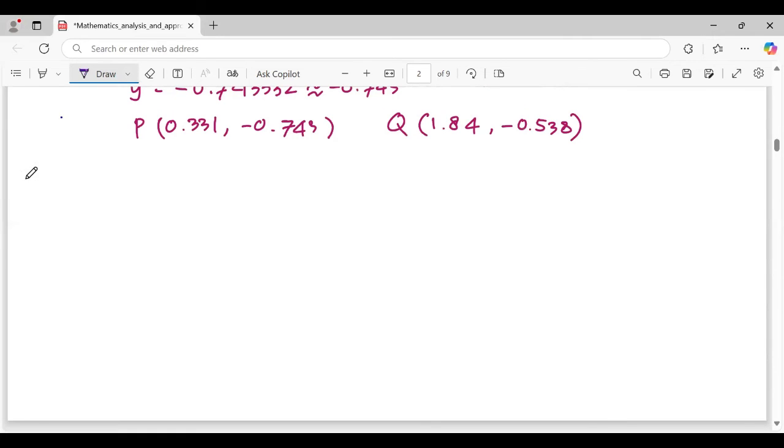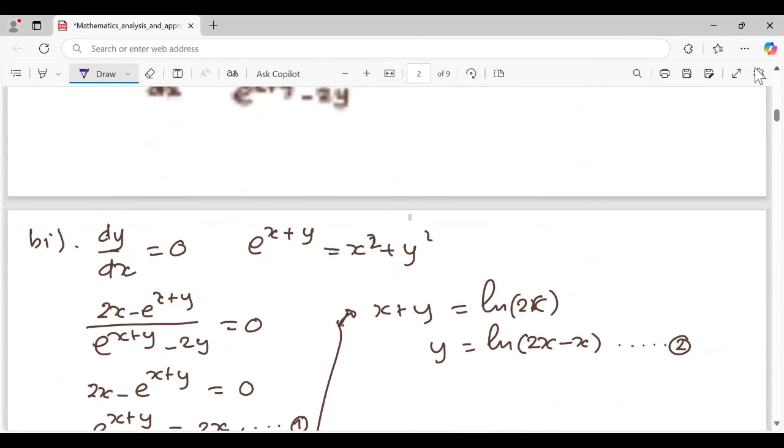So the line of symmetry is y equals x. Points P and Q will be reflected on this line of symmetry. If you look at the diagram,